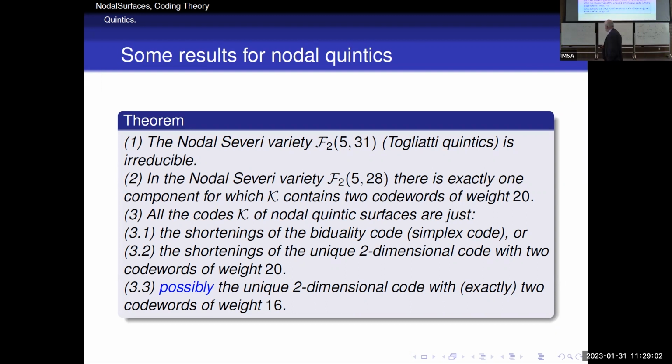Now, so why is this important? So for me, this was one of the motivations. So the idea is very simple. You have a cubic hypersurface with nodes, okay? And the point is that if you have a node,